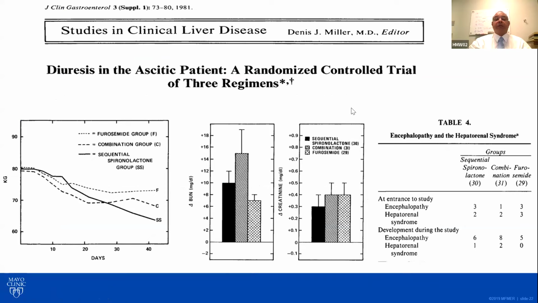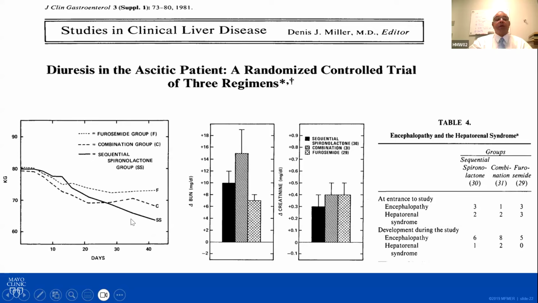So I found this study, which is kind of informative because there was a debate among the hepatology community: which diuretic should we start? Should we start spironolactone first? Should we start spironolactone followed by Lasix? Or should we start both of them together? In this study, they looked at 90 patients who were given 3 different regimens of diuretics. One was a combination from the beginning, 31 patients. In one, they started with Lasix first, and in the other, they started with spironolactone, and based on the response, they